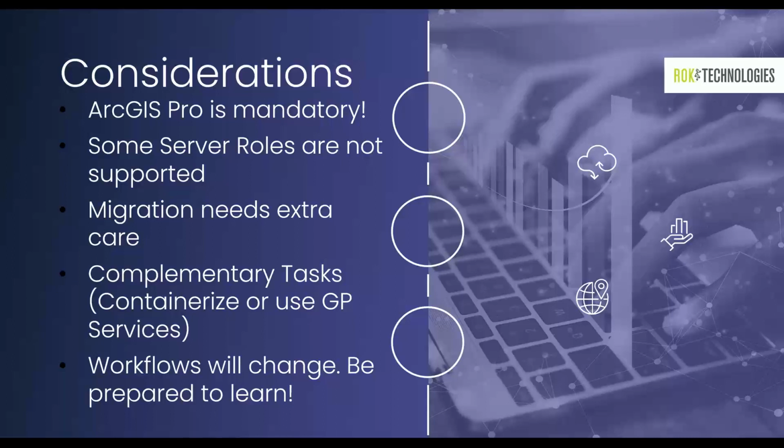The second, not all server roles are currently supported in ArcGIS Enterprise for Kubernetes. For example, image server is not yet built in. You are, though, able to federate an existing image server to your Kubernetes enterprise. So if you have a VM in your cloud environment that's stood up next to your Kubernetes deployment, and you enable those to talk, you can bring that image server in. But it should be noted that image server and other server roles are expected eventually to be added to ArcGIS Enterprise for Kubernetes in the future.